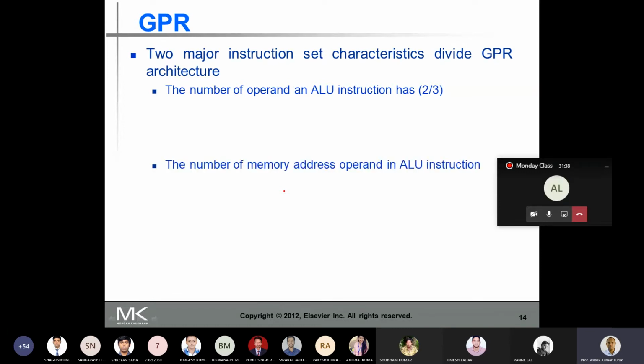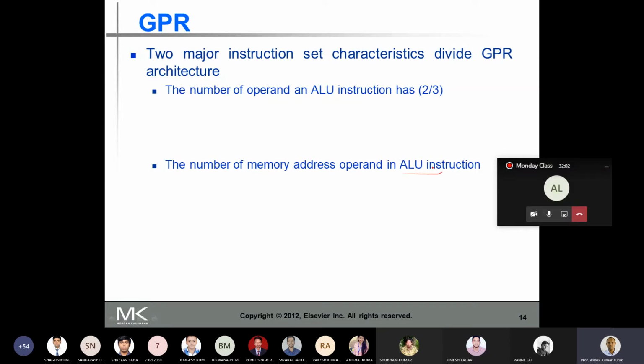The other way of classifying is the number of memory address operands in an ALU instruction.